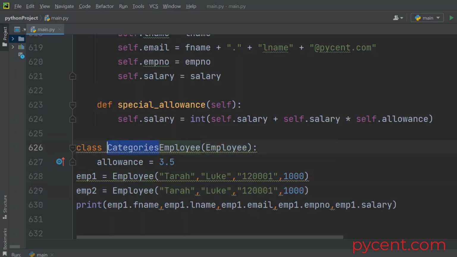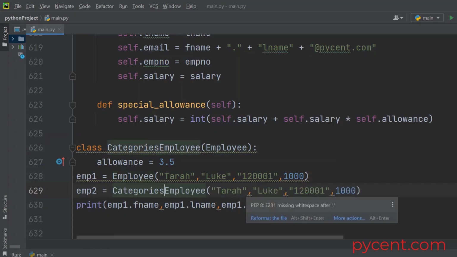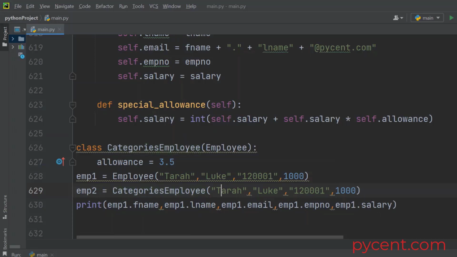Now for EMP2, the object would be created under the child class. So that would be categories employee, and I would just change the names here,